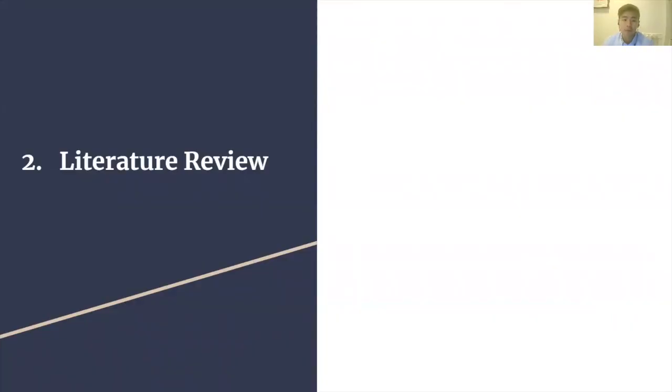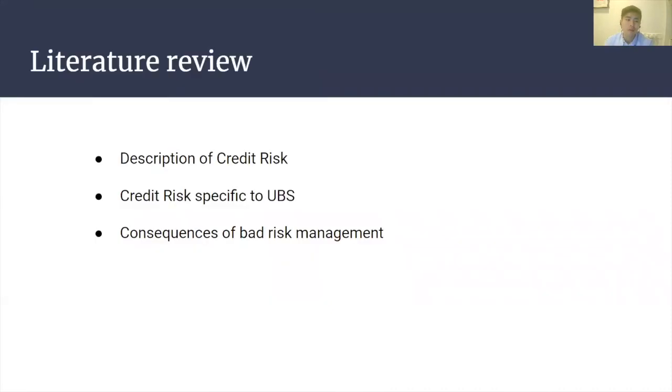Following on from our problem statement, I will cover the literature review on credit risk and its consequences. Banks today face numerous sources of risk, namely credit, operational, market, and liquidity risk. This report focuses on personal credit risk. Credit risk is the risk an entity holds as a probability of loss, resulting from a counterparty's failure to repay a loan. Credit risk for banks involves credit default risk, concentration risk, and country risk.